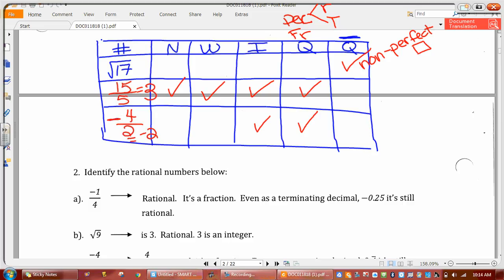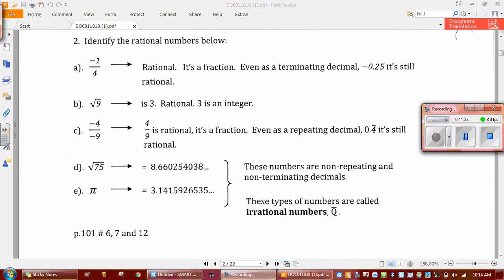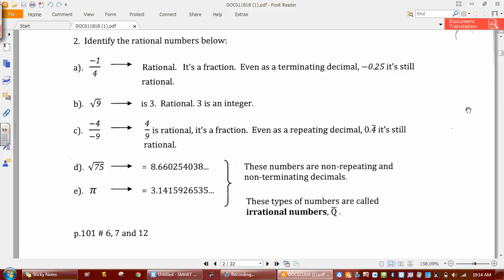So we're noticing we're just identifying on the bottom. We're identifying which ones are rational and which ones are not. Okay, here's some more examples. So we got negative 1 over 4. First thing we know, fractions, so it's got to be rational. The next one,